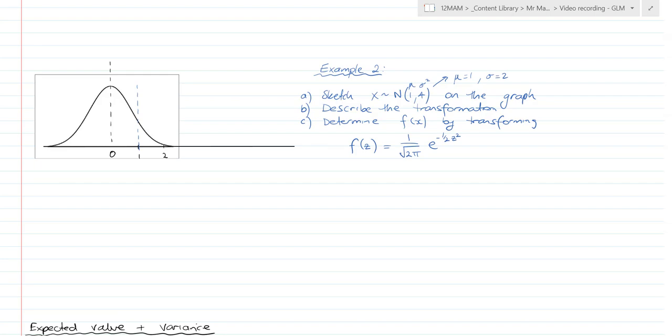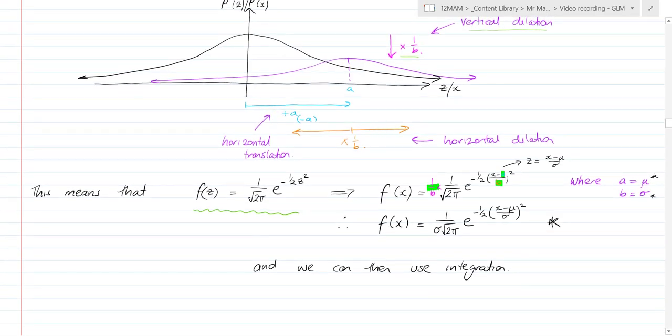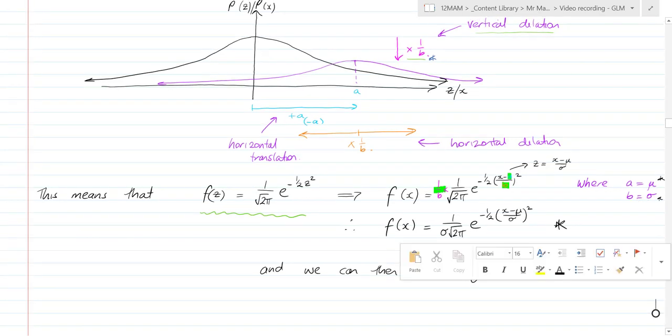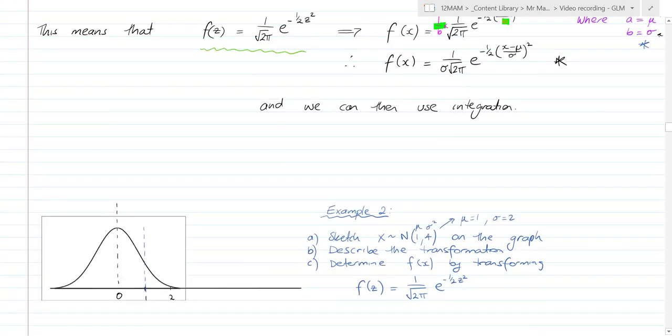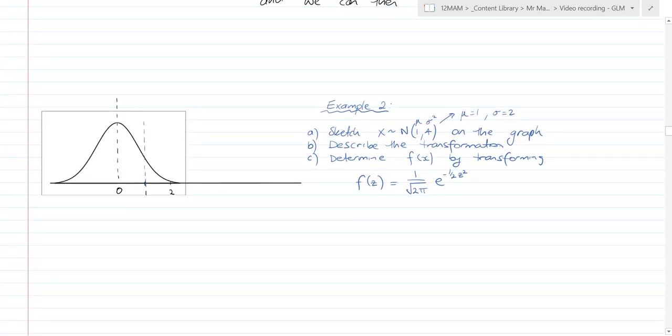We do a compression of 1 over b, and b is our sigma. So there's 1 over b compression, but b is our sigma as stated down here. So we're squashing the graph down half because it's 2. We're spreading it out by a factor of 2, and we've already done our vertical translation